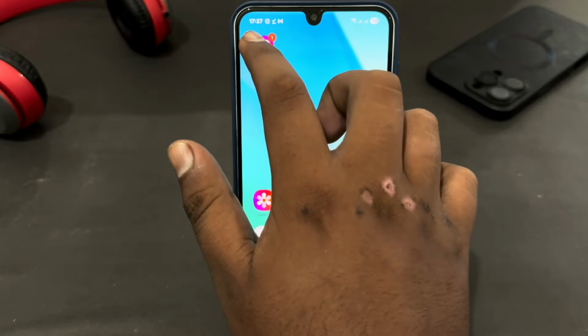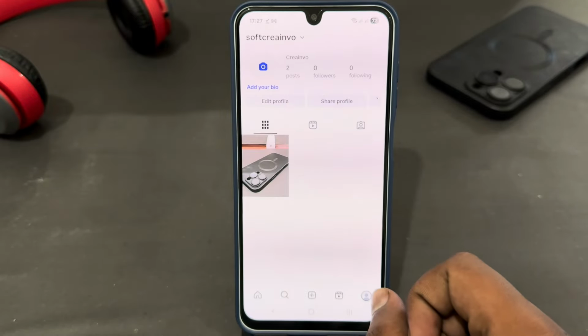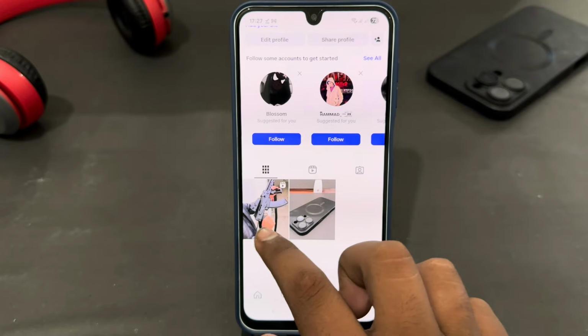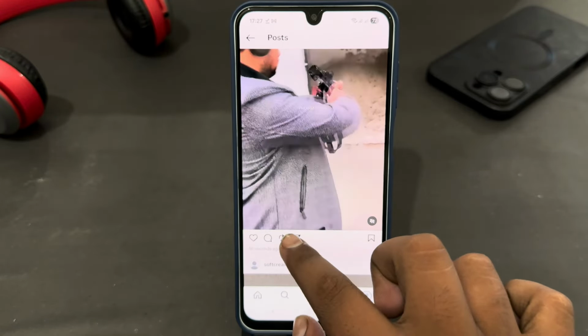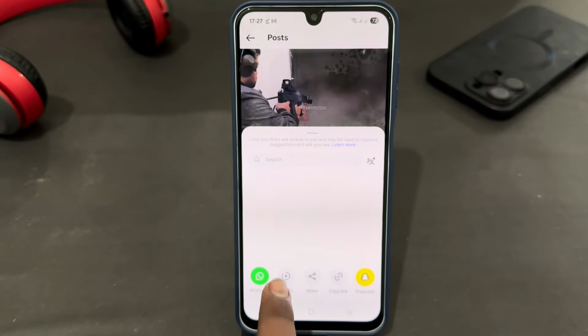Just open your Instagram app and tap on your profile icon in the bottom right corner. From here you just have to select your video or reel which you have. Just tap on it, then tap on the share icon. From here you must look for the add to story option. Just tap on it,